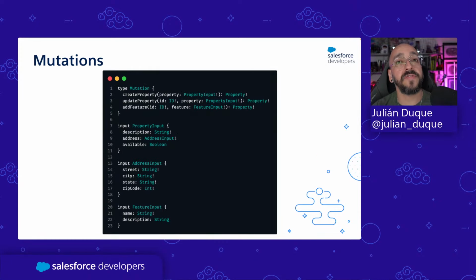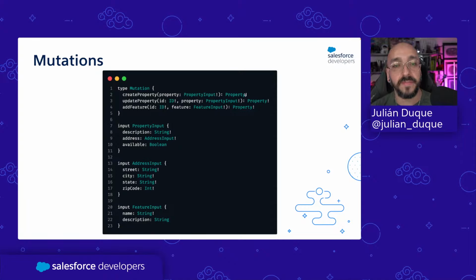And here we have the mutations. So the mutations, remember, are those that let me update, create, or delete data. We have three different operations here. Create a property. It will receive a property input, and here we have a special type that is only used for mutations, which is the input type. So here, to create a property, I am adding a property input,